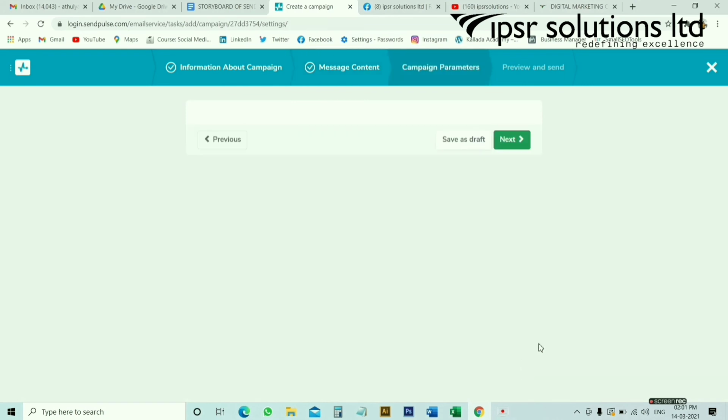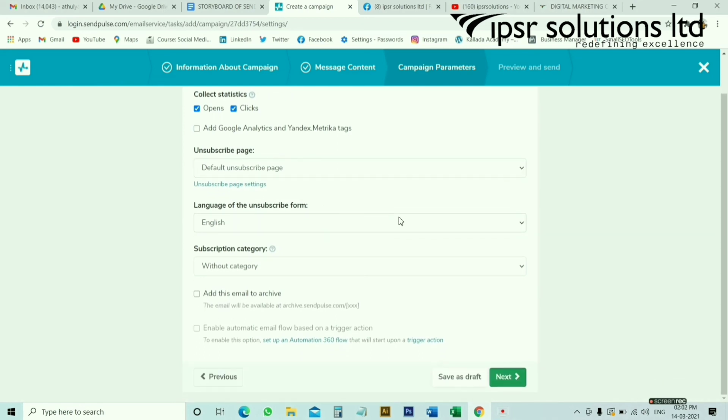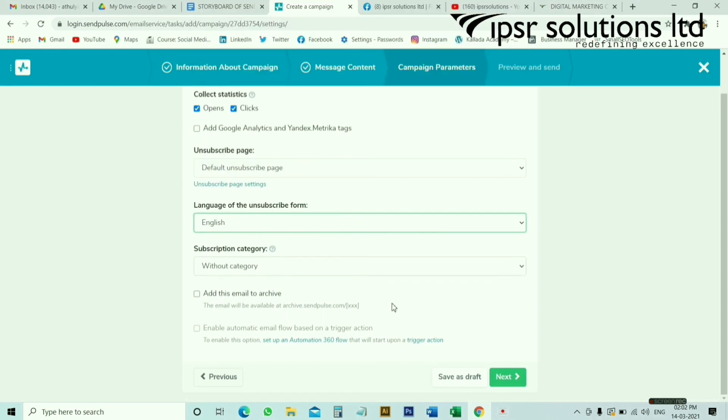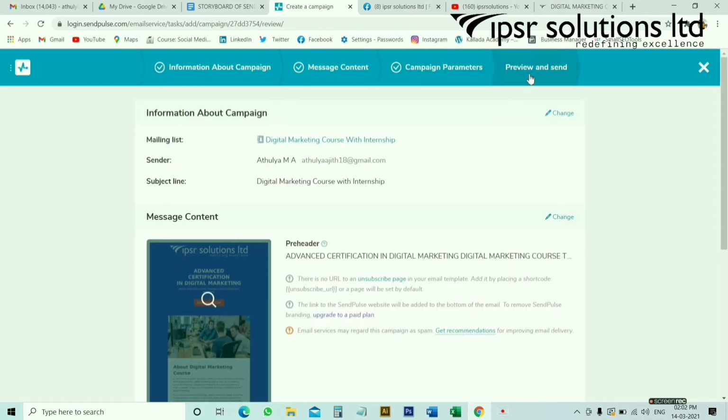Click next. The next one is campaign parameter level. In the campaign parameter level, you can see the collect statistics, unsubscribe page, language of the subscription form. You can select English language, subscription category, then click next.